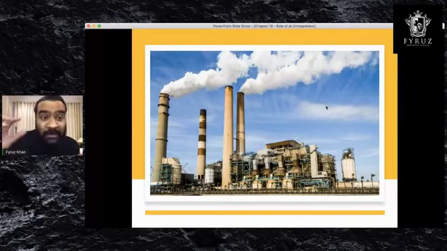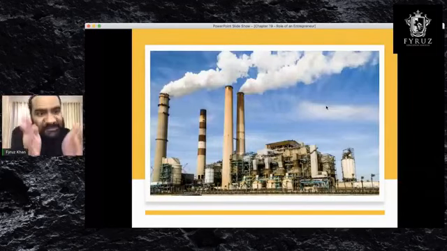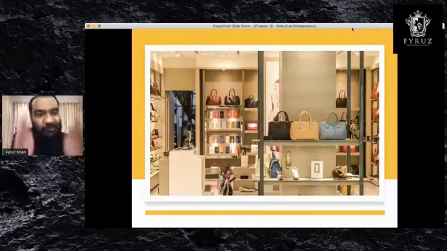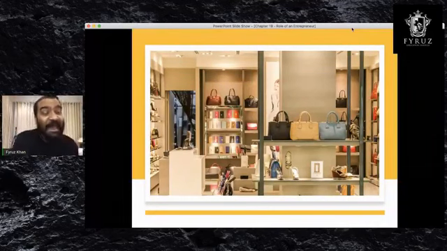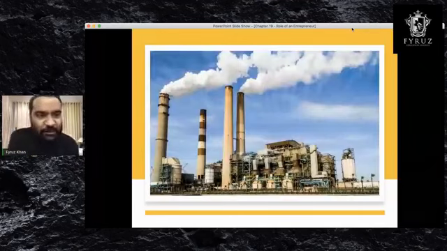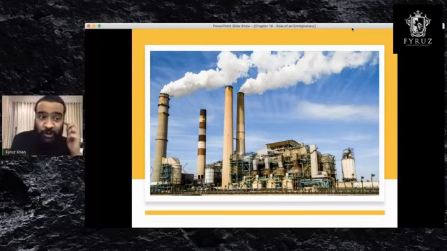For example, let's say you make clothes for a retail shop, or let's say you make bags for this retail shop. You're not selling it directly to the consumers. You are selling it to this retail shop or to this particular brand, and they will further advertise it on their Instagram account, Snapchat account, or Facebook, or whatever. But the advertising that you can follow is you can have your own magazine. You can publish it on your own website. You can do trade exhibitions, trade fairs. So see how it's different.